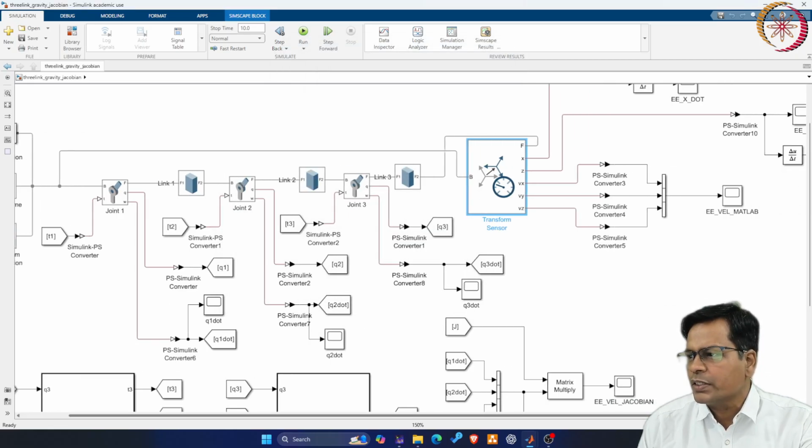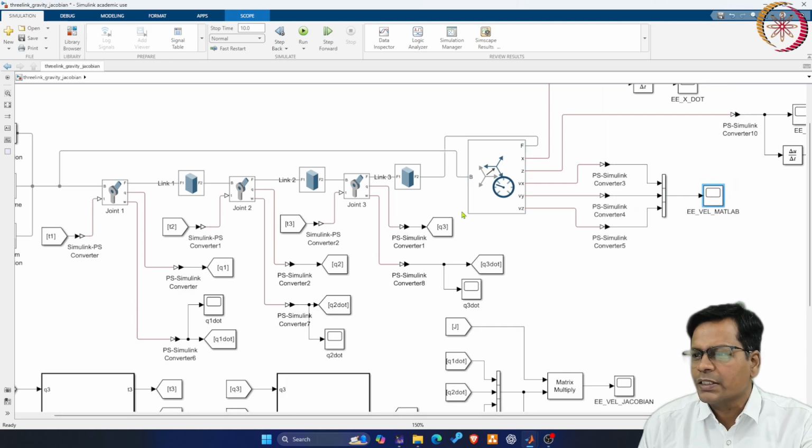I'll store it first and plot it here, end effector velocity from MATLAB, using the transform sensor. I have used the PS to Simulink converter for all the velocities which come from the physical system, converted them to Simulink, clubbed them together and plotted them in a single scope.